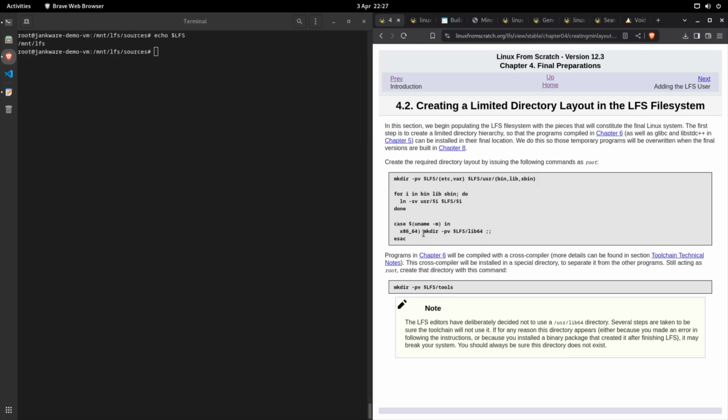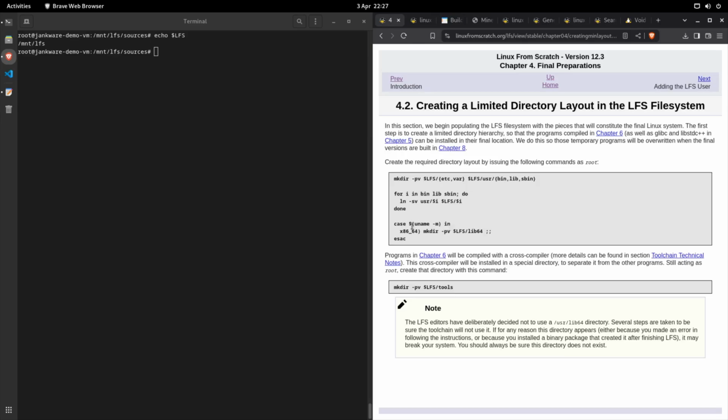And then this makes a, oh, it's a lib64. Okay, so what this script does is it just makes some directories, it loops through them, and it sets some symlinks by the looks of it, and then